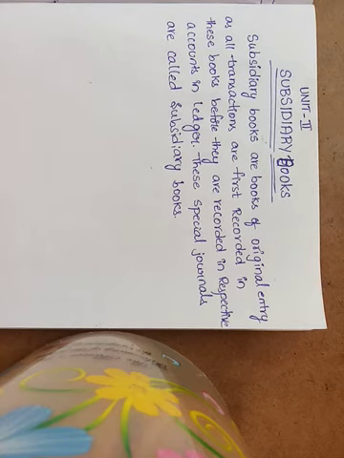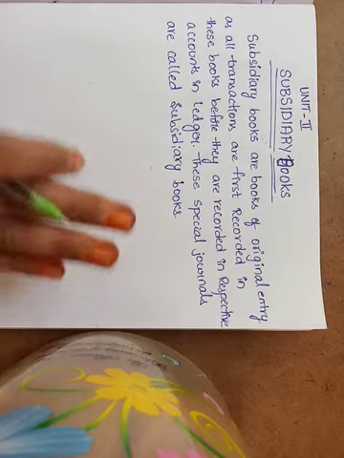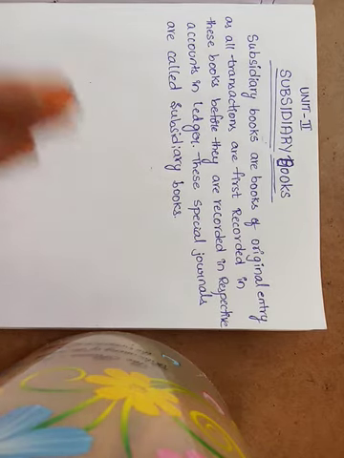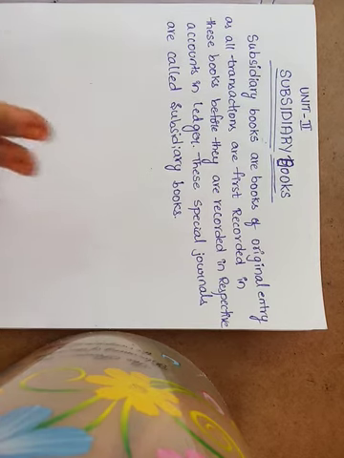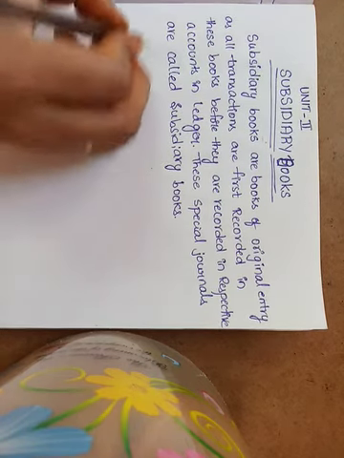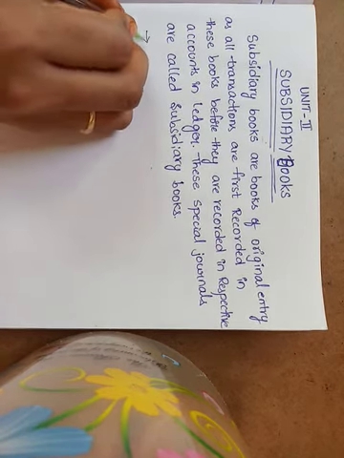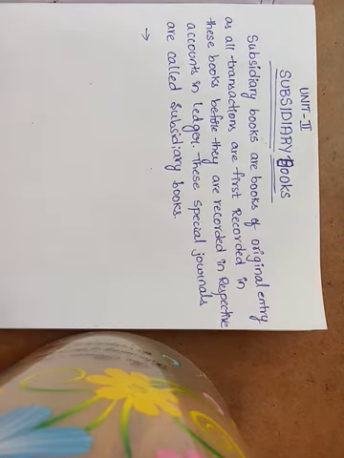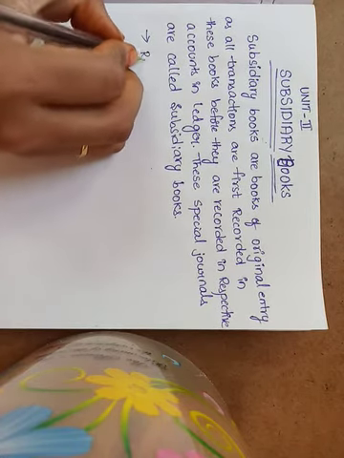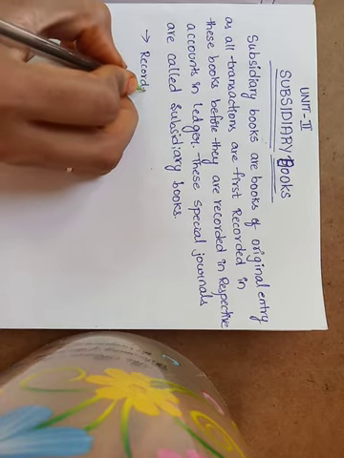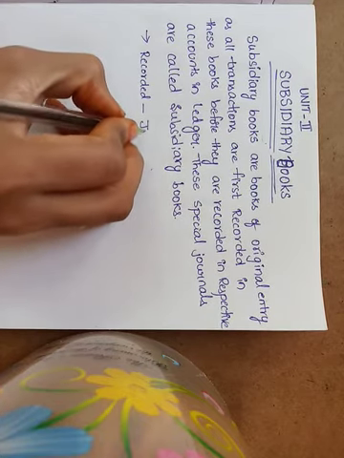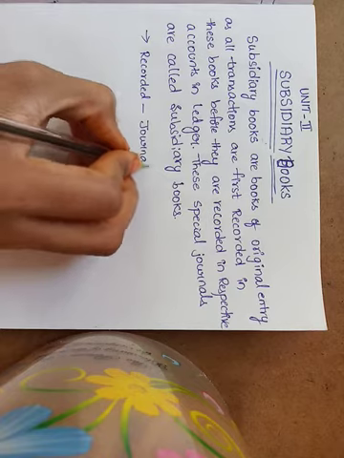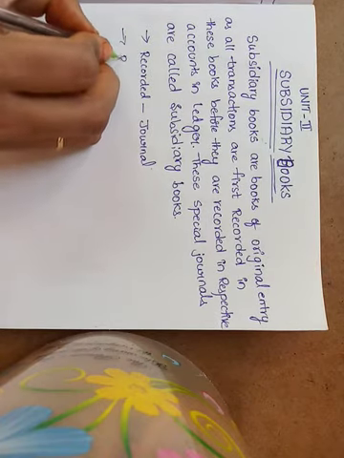Whenever we have to maintain accounts, first there is a business financial transaction. For those transactions, first we have to write in the journal book. After that, ledger. Transactions are business financial transactions. So first they are recorded in the journal. After the journal, the next step is what? Posting.